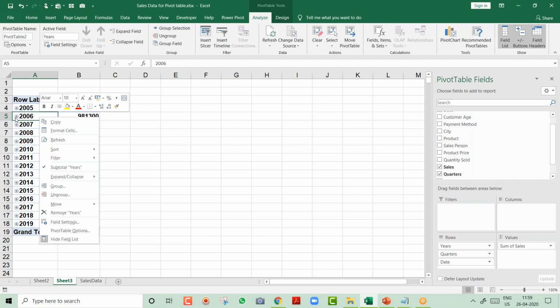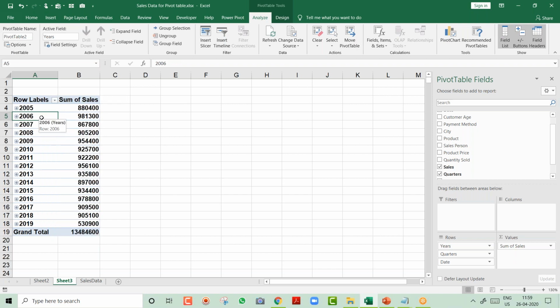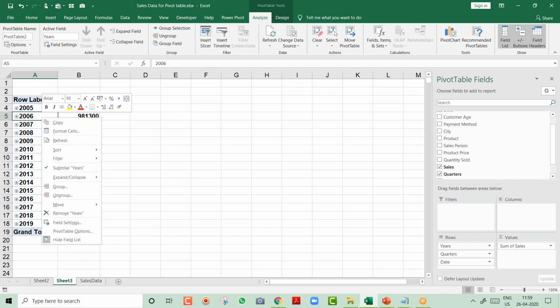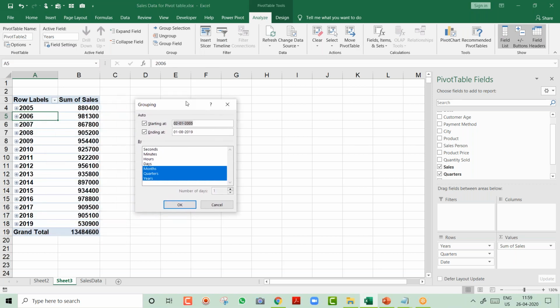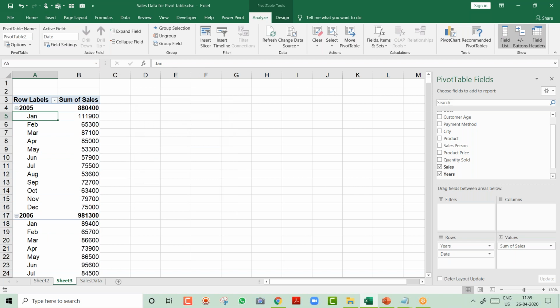You just have to right click. Yes, you can click on this plus button and you can say expand. I will show you another way of doing it. You right click on the year and you say group. If you are using an old version, Excel 2007, where you don't have this direct grouping facility, we used to do this in the old times. So you right click and you say group. Now it will ask you group by what? So I will say, Excel boss, I need group by year and months. Just say okay, and it will show you each year, each month, how much is the sales.